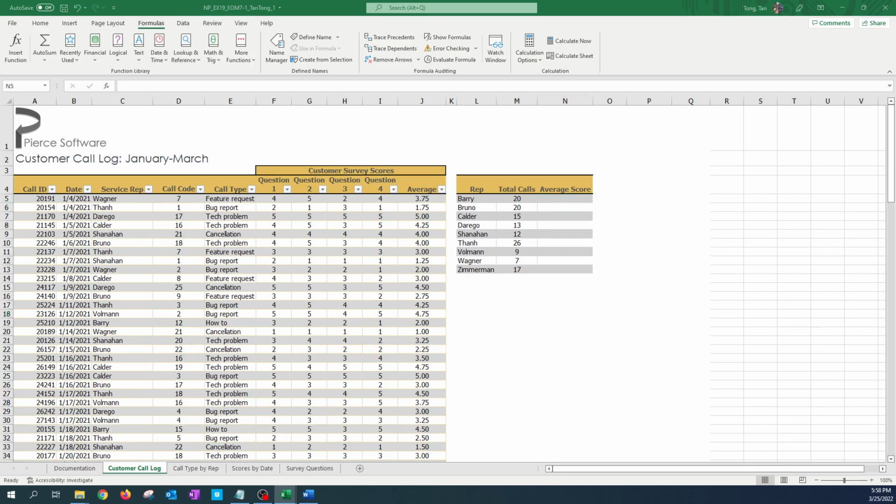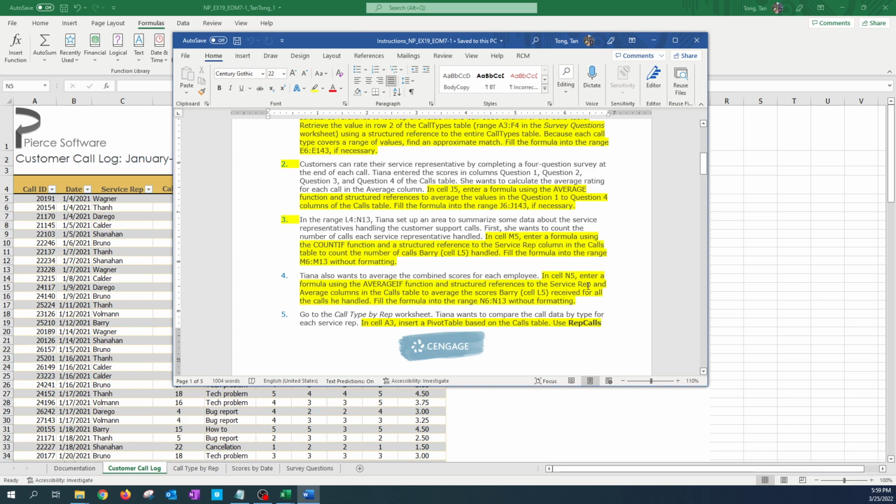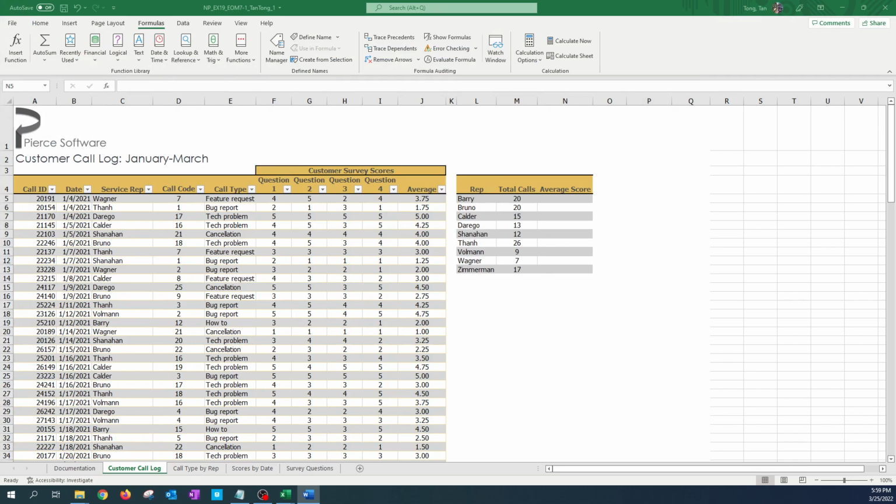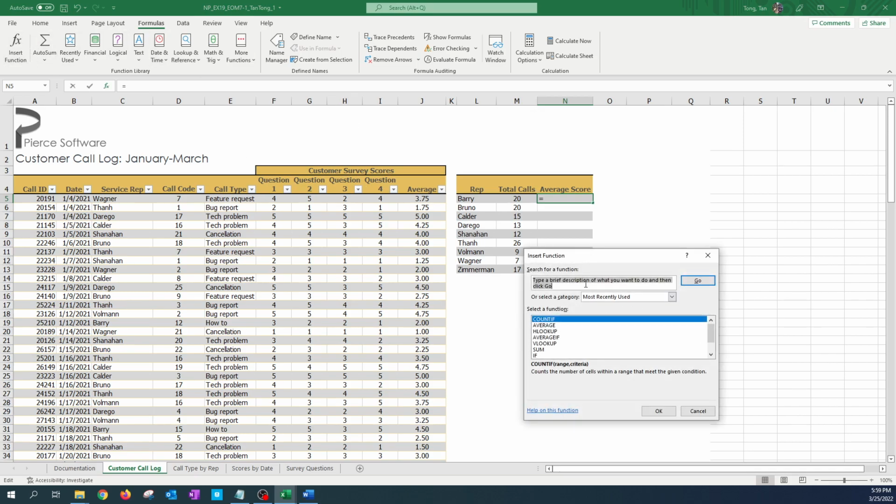Next is to calculate the average score of each personnel. Number 4, in cell N5, enter a formula using the AVERAGEIF function and structure references to the service rep and average columns in the call table to average the scores Barry received for all the calls he handled. Okay, so now we'll do the same thing. We'll click here in cell N5, insert function, and I'll search for AVERAGEIF